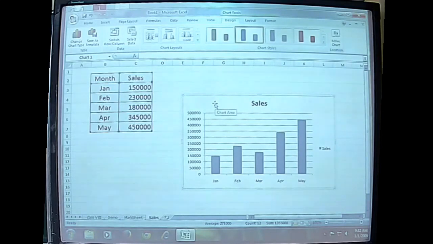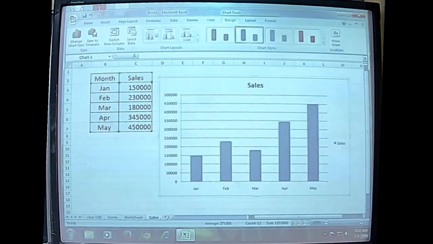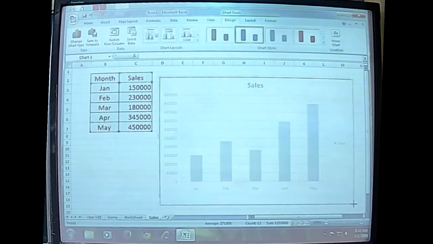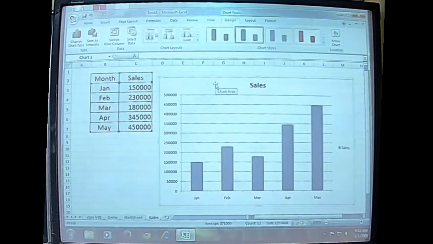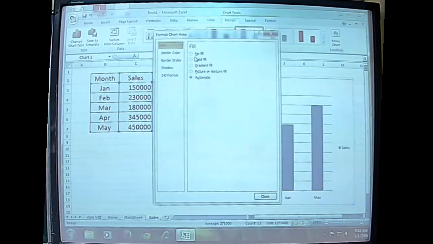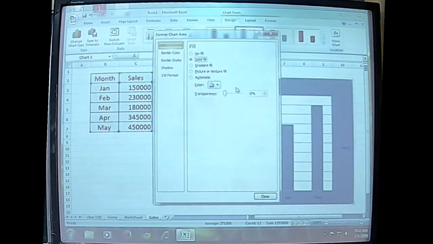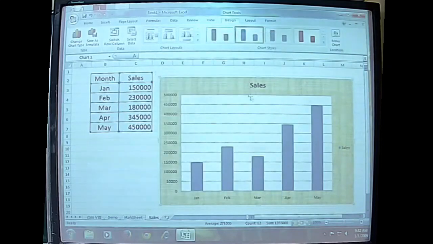Now, it is also possible to design this chart in various forms. The size of the chart can be increased or decreased as per our requirement and choice. Otherwise, you can also just right click on this and the move chart option can be used for placing this chart on a new worksheet. That is also a possibility. And then it is also possible to design a chart using format chart area. So there, no fill, solid fill, gradient fills can be used, so different fills can be applied.